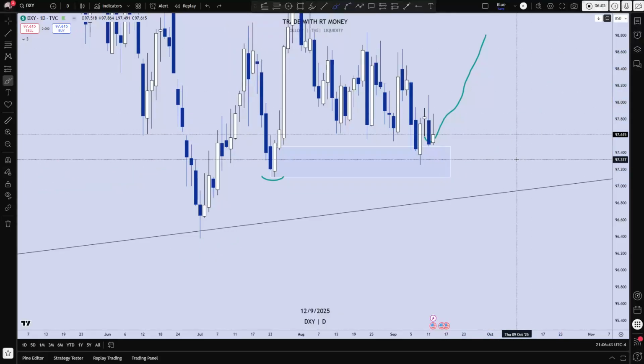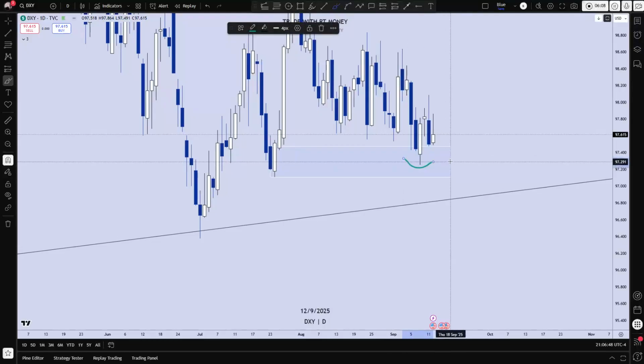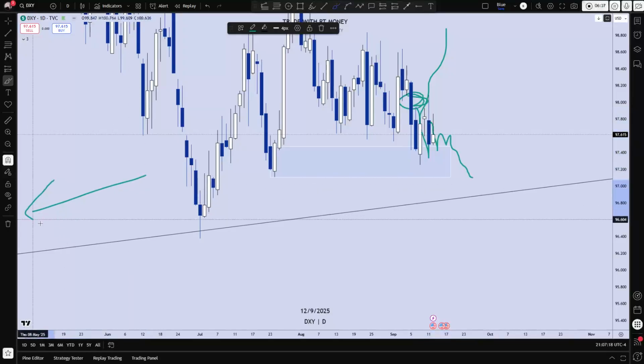This is something I've got a careful eye on. You see how we dipped inside, never going to the consequent encroachment of the demand zone, this zone of buying, this buying zone here. But it didn't get lift off from there either. That's what I'm noticing. And you can see how price displaced here to come lower, found support, and price is battling to see if it can grind down lower like it did the last two times